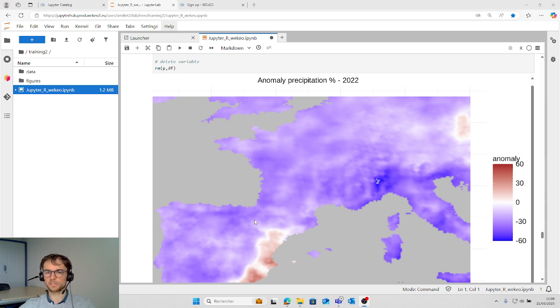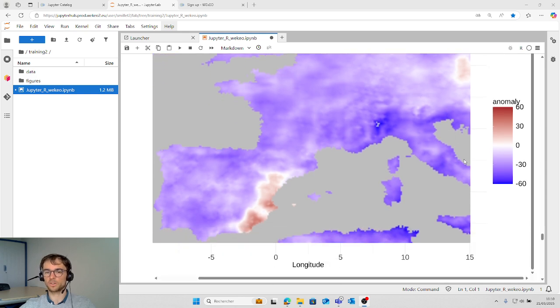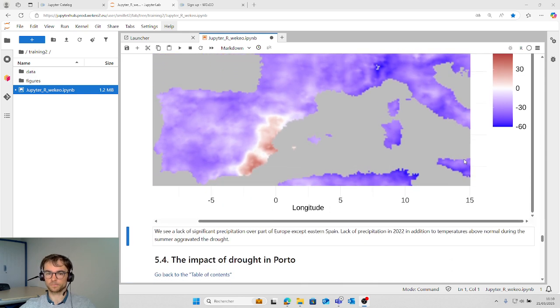The lack of precipitation in 2022, in addition to the high temperature that we have seen in July 2022, aggravates the drought. So it is the combination of the two factors that creates the severe drought in Europe.